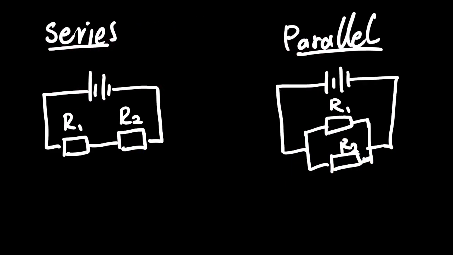We have two different types of electric circuits. The first one is series connection, the second one is parallel connection. Now we normally refer to resistors. We look at the connection of resistors in order for us to say a particular circuit is a parallel or a series connection. Looking at the series connection, we can see that we have R1 and R2, which are our resistors, and then you can see the manner in which they are connected. There's no branch. The reason why we say it's series is that they are connected on one